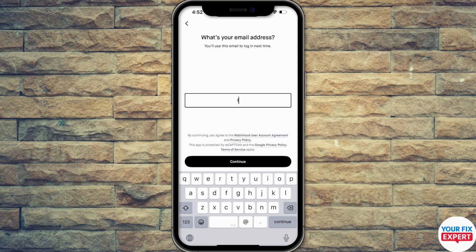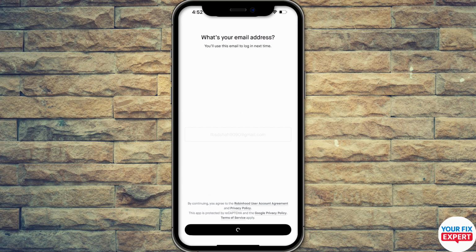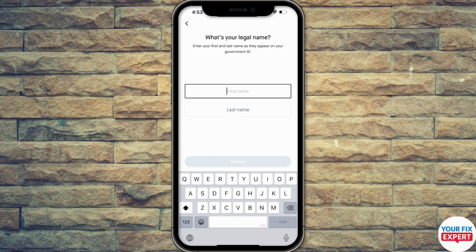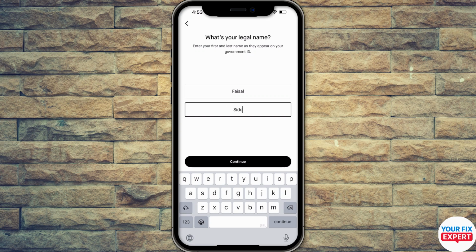And in this section, make sure to enter your email address, click on continue once done. So after that, they will ask you to select your password. So you can select any of the password. So let's say I want to select this one. Click on continue, and in this section, make sure to enter your name, your complete name, which is on your national ID card or your passport. You can just write down your name, click on continue,